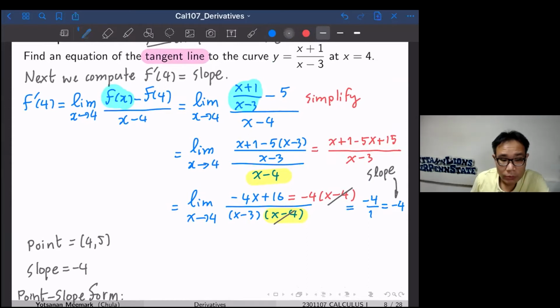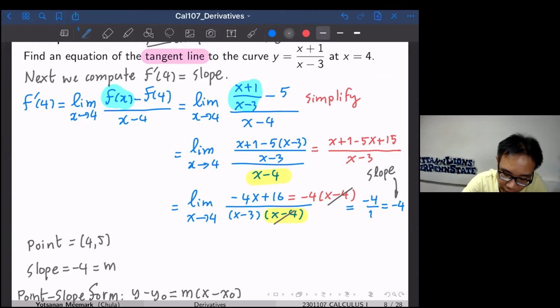The point slope form gives you y minus y0 equals m times (x minus x0). The slope here is the m, and the point here is your (x0, y0). So this is the point slope form, and you will get the tangent line